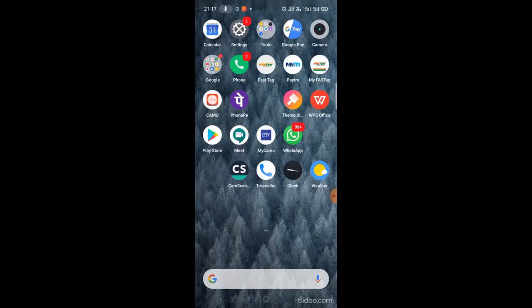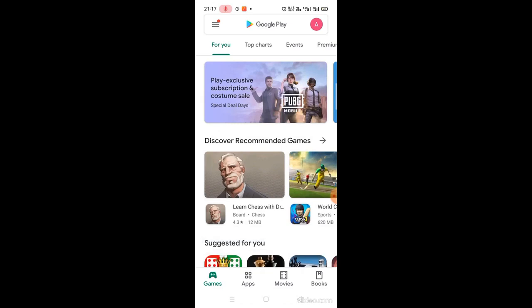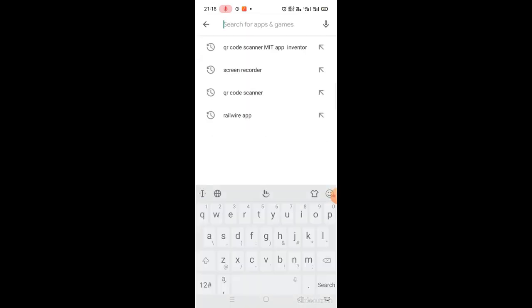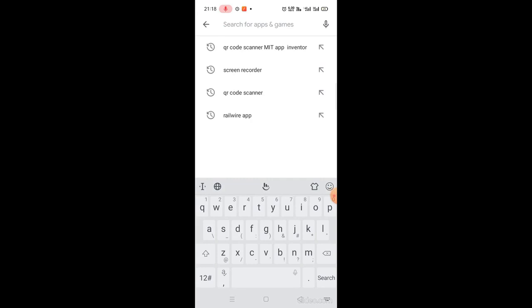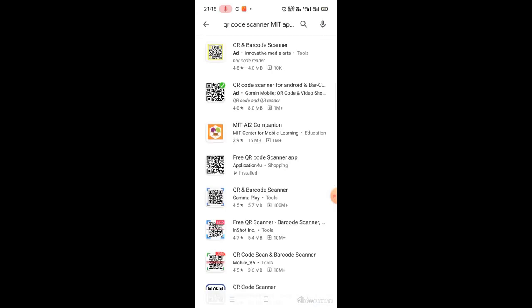Go to Play Store. Select QR code scanner, MIT App Inventor.